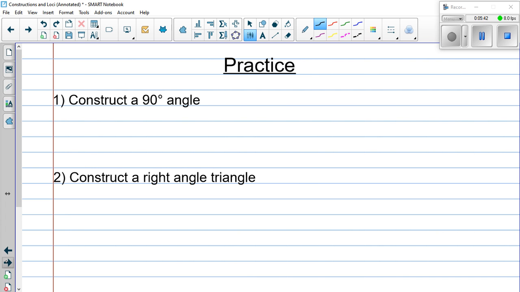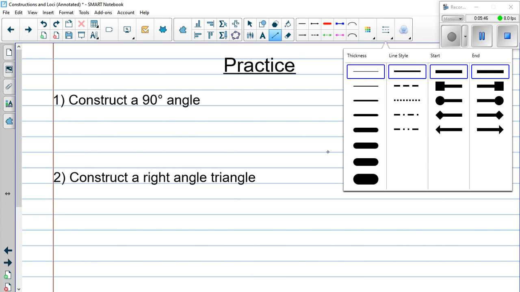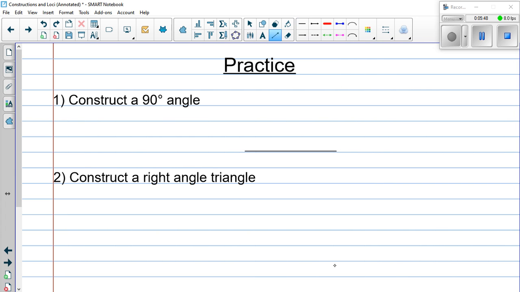Okay, so welcome back. First thing we're going to do for both these is draw some lines, right? So I need a line for that one, and I know I'm going to need a line for the bottom one. And then we have to have a point for each, right? So here, I'm going to put a point there. Here, I'll put a point there. Then, we're going to grab out our compass